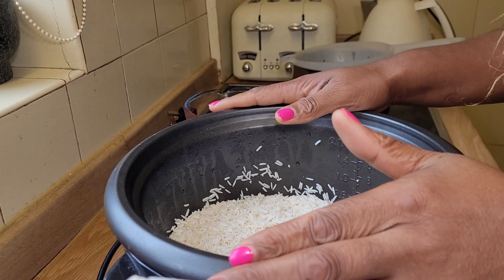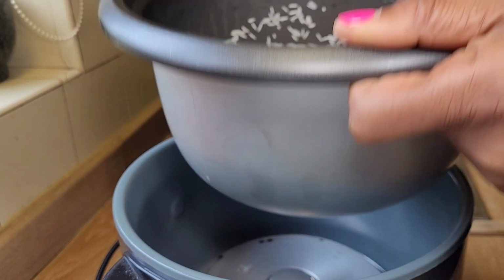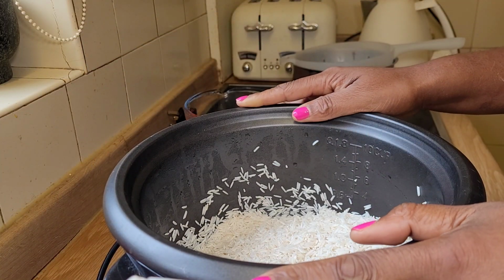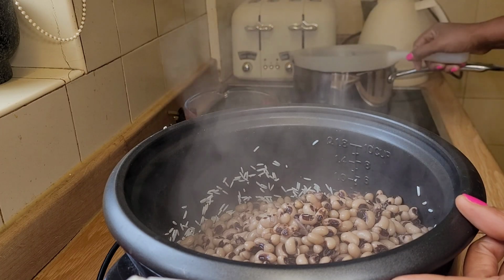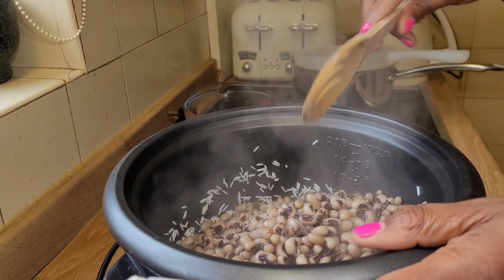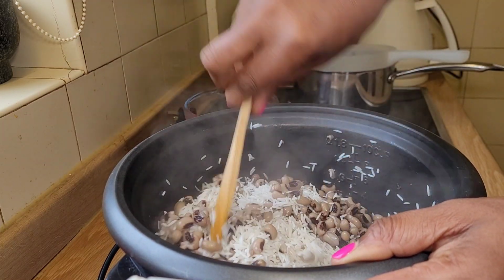So it's time to start on the rice. So I have 2 cups of basmati rice here, which I've washed. I've added some coconut oil, and I'm now going to add my cooked beans to that. So I'm cooking my Waakye in a rice cooker. I find that easier, but you can use a conventional stove if you want. I'm going to give that a good mix together,